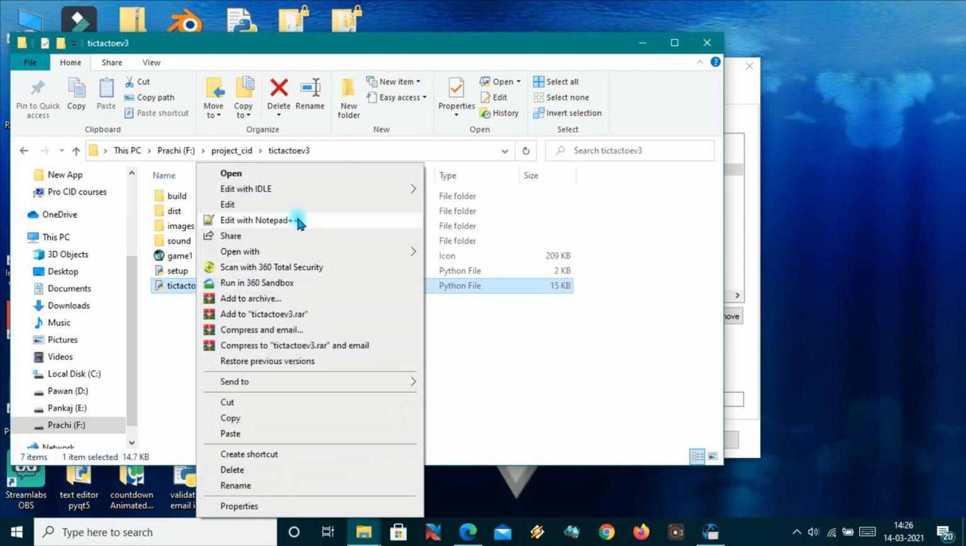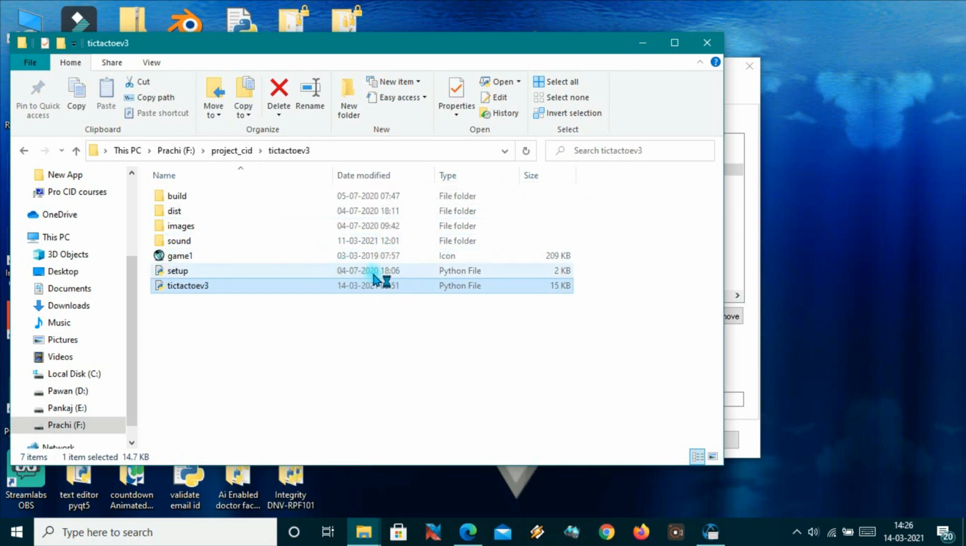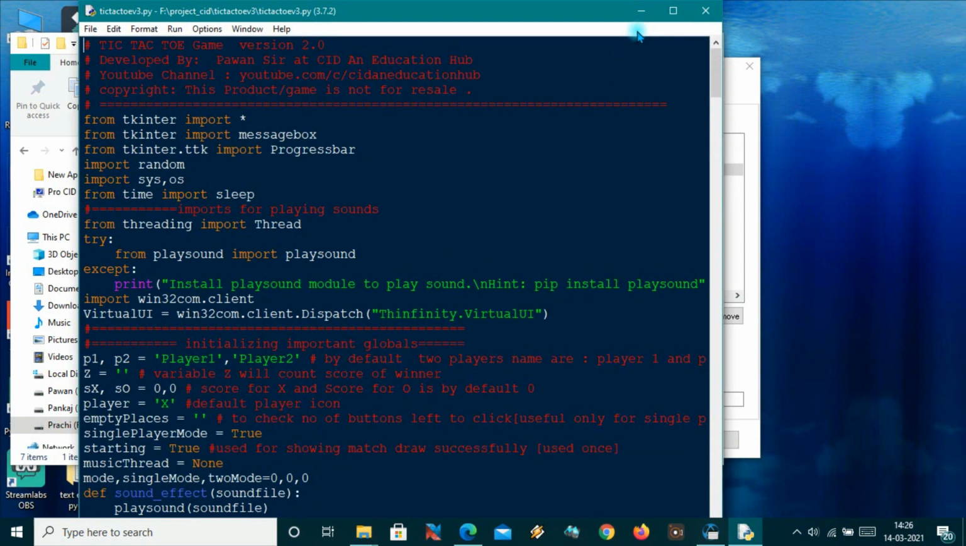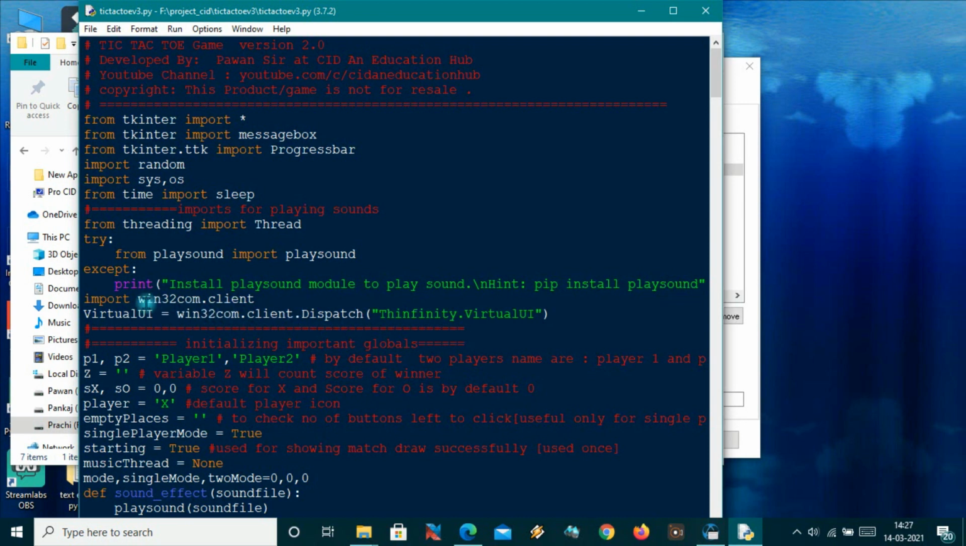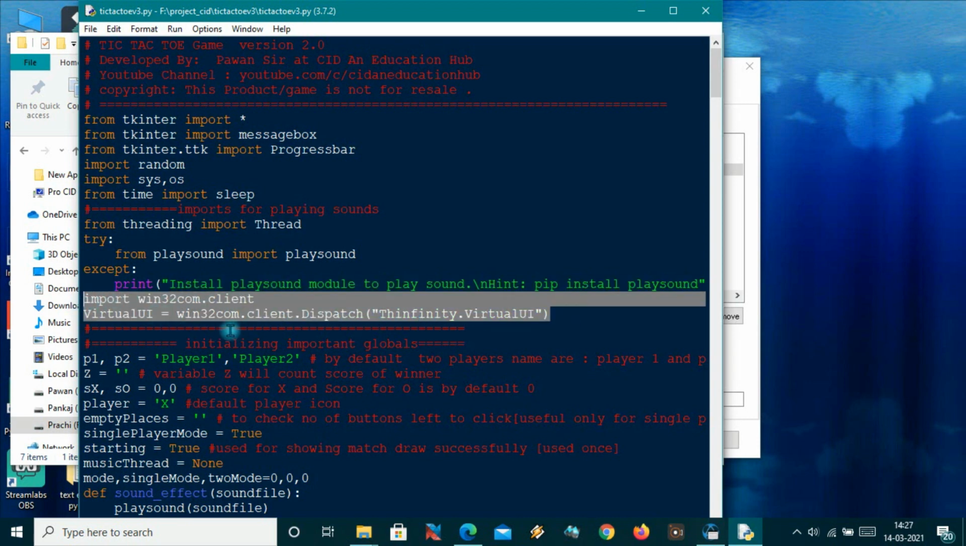Just two things you have to change. I will open it and show you where you have to change. Suppose this is your Tkinter application you have made, and after all the imports, as you can see here, there are two lines I have added. You have to write import win32com.client, and using that you will have to dispatch the thinfinity.virtualui. Okay, it is the software which will be running your application on a live server. Okay, so just copy this, and it will be the same for all of your Tkinter applications